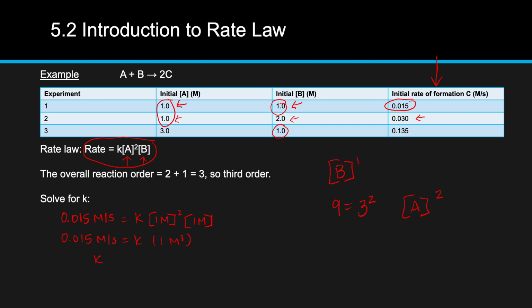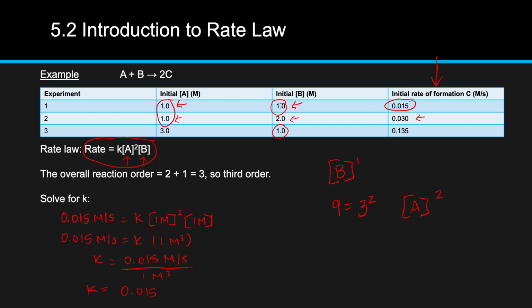So then to get K by itself, it would be 0.015 molarity per second over 1 molarity cubed. So when we get our final K, K would be equal to